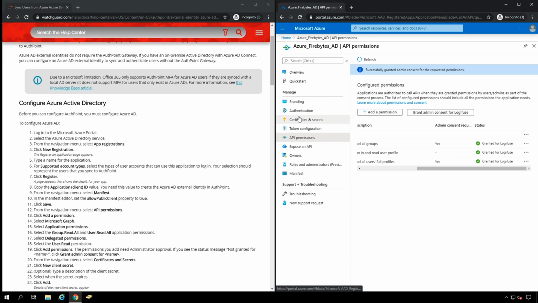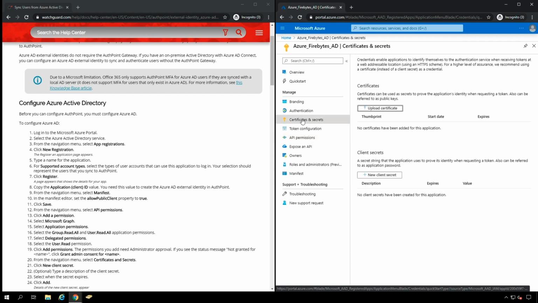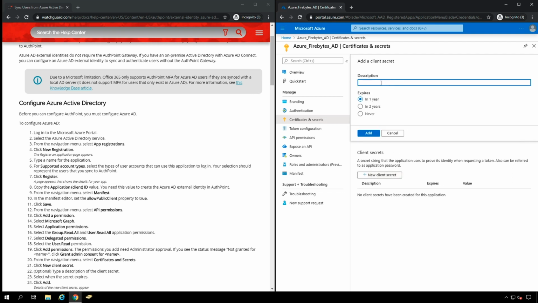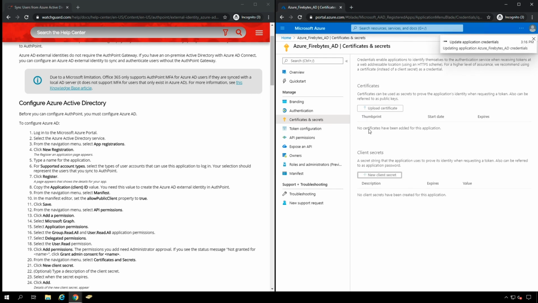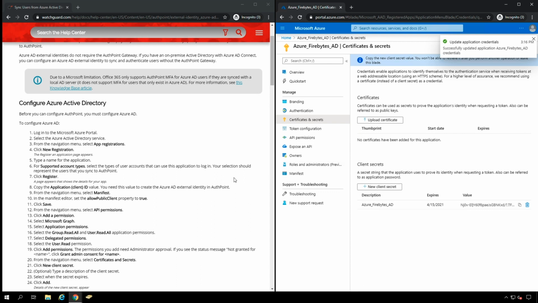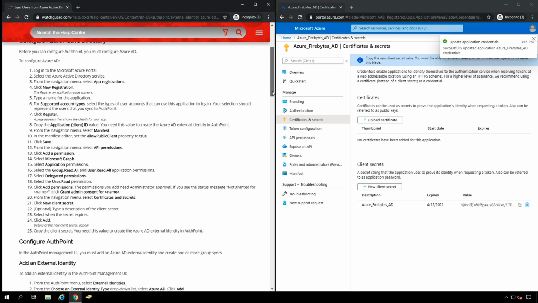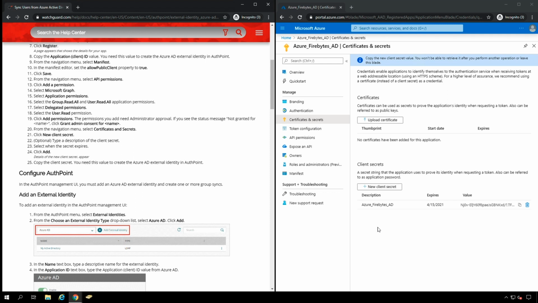So from here, I want to click on Certificates and Secrets, and I want to go into New Secret. I'm going to type in Azure Firebytes AD, and I'm going to keep the default of expire in 1 year. Click on Add. And now we have the client secret, but before I do that, I want to go in and add an